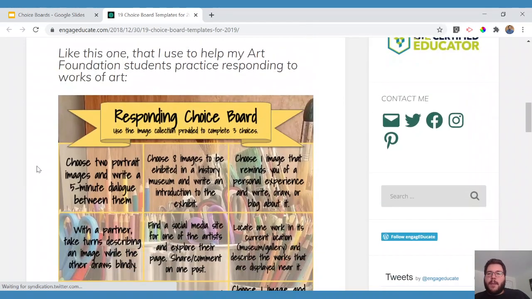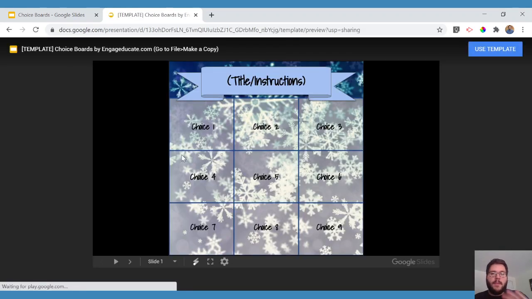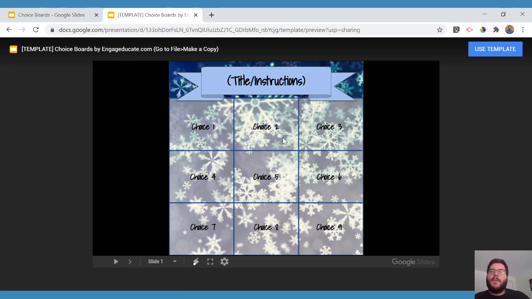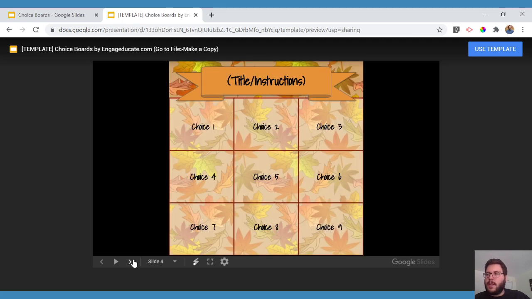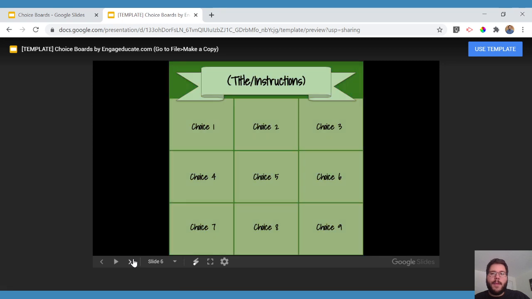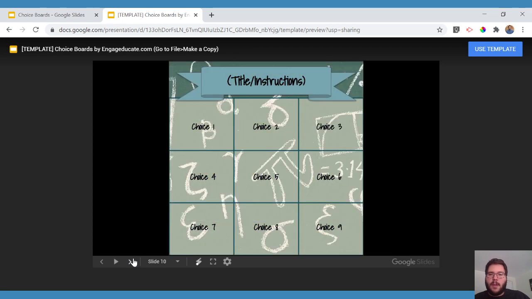If you click right on top of this first picture here, it'll take you over to this template that just has all these blank templates for you. And these are just nice looking templates that are, again, good to go, so you don't have to sit there and mess with all the formatting and stuff. And so, of course, all you have to do is fill in your different types of activities that you can do. All right, so as you can see, there's a bunch of different slides in here with different styles